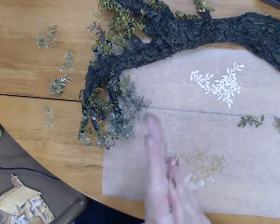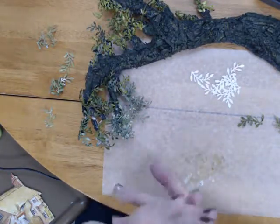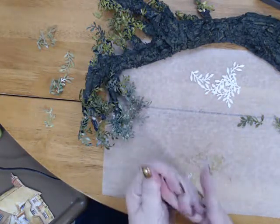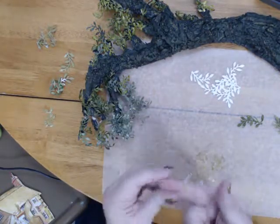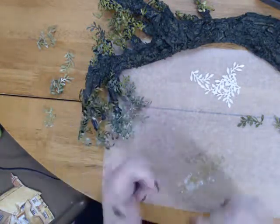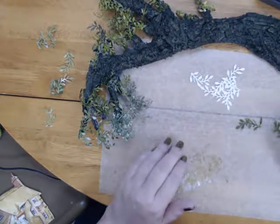A lot of people, they don't like the mess, so they use paintbrushes and other ways to spread the glue. I actually don't mind gluing it because I'd much rather not tear my pieces. So I usually just glue it in my hand or use my hand so I can feel it. With a brush and stuff, I can't really tell if it's getting enough glue or if it's tearing. So while these pieces dry,